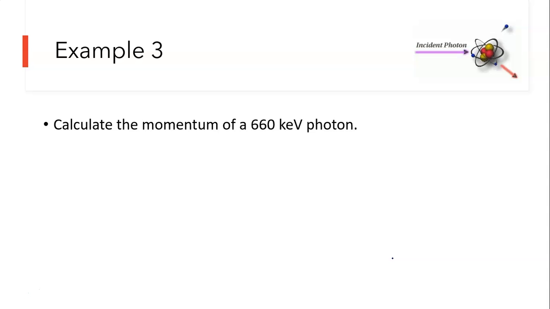But sometimes we do want to use those electron volts. In this case here, we want to calculate the momentum of a 660 kilo electron volt photon, meaning the energy is 6.60 times 10 to the 5 electron volts. And for calculating momentum,